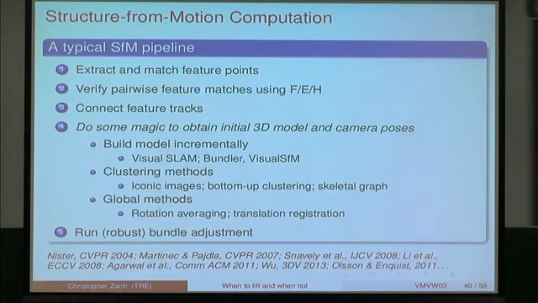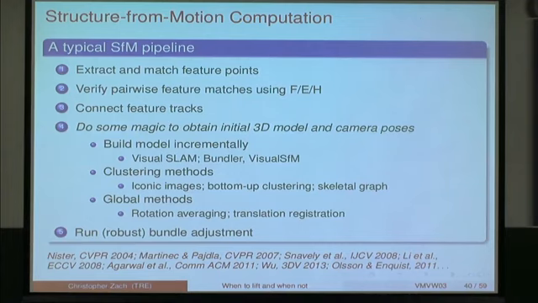Taking this input to get you something that's close enough to the final output, the final 3D reconstruction, there are a lot of various methods that are applied and proposed in the literature. Just to list a few of them, and this is, let's say, very ad hoc, not to say hacky.